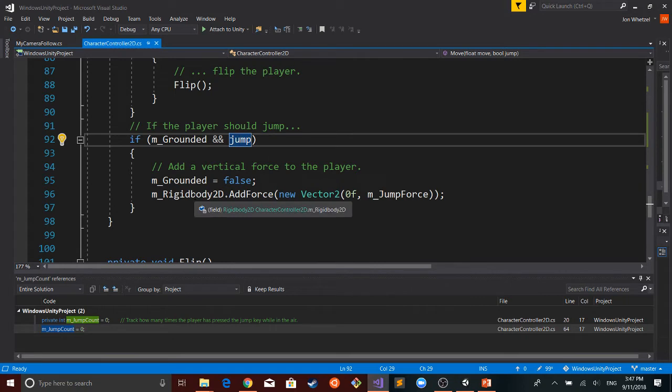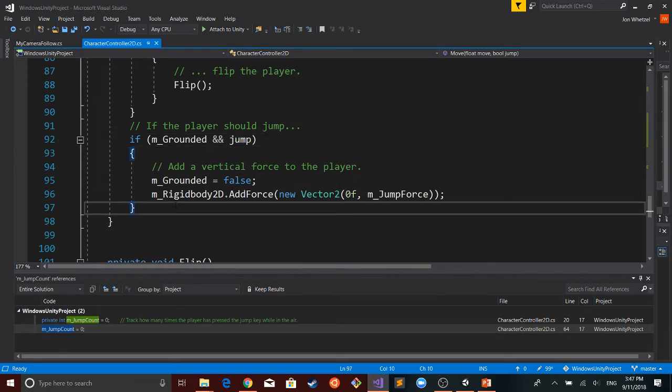But now we have a different condition. So this is going to get into some conditional statements that we haven't really described a whole lot. A conditional is an if statement. Colloquially we call it an if statement, given that we put the word if in front of it. What it does is look to see if this statement is true. If it's true, then you execute the code that's in there. If it's not true, then you skip this line of code. So if we're on the ground and we press the space bar, then we want to jump. And in this case, we say grounded is false, and we have the force.